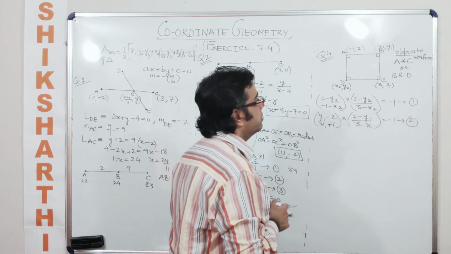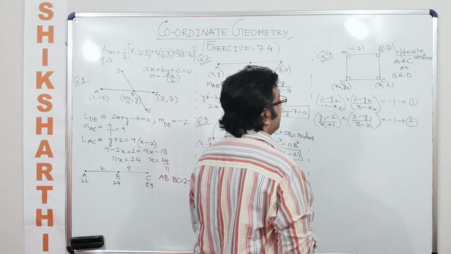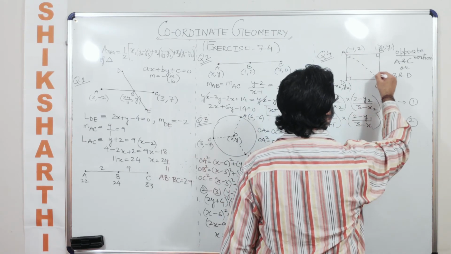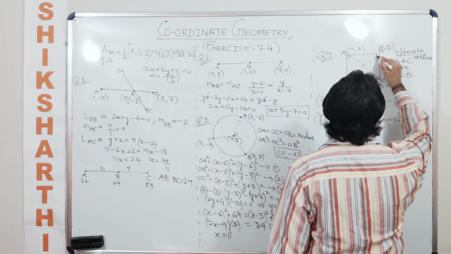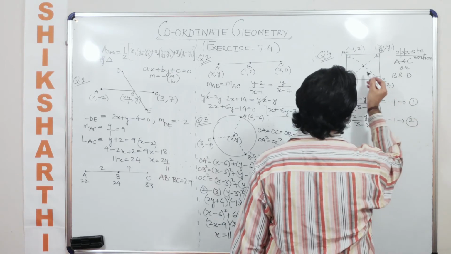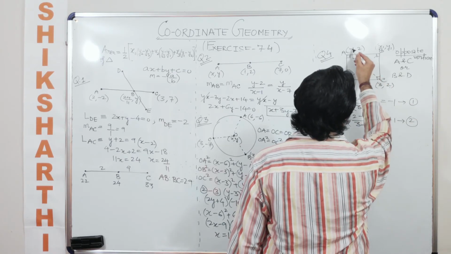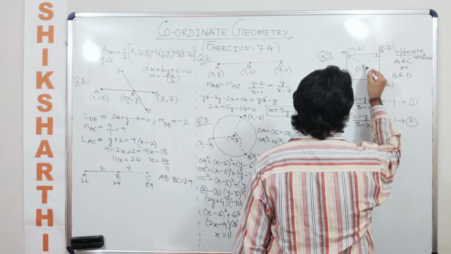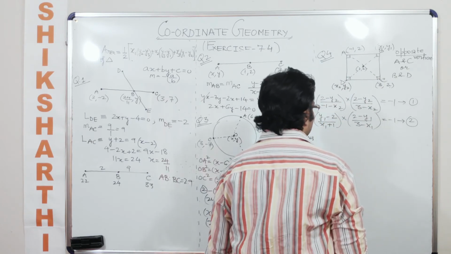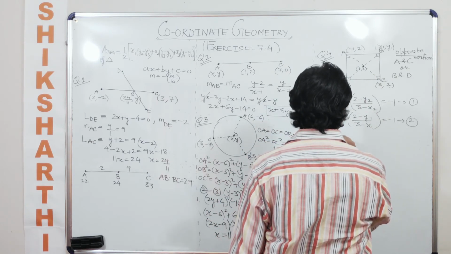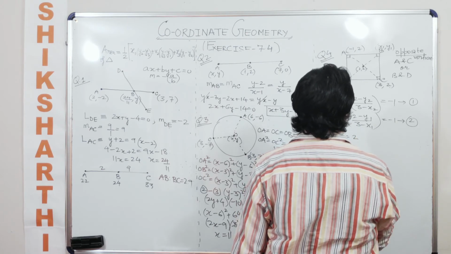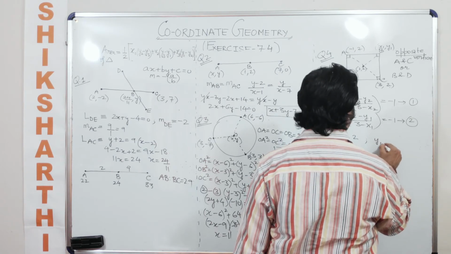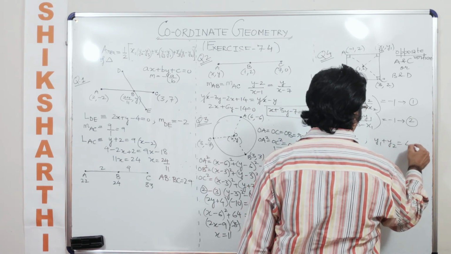But what is this going to result into? So you require many more equations like these. For that you are supposed to use all the properties. Now what is the property other than this that you can use here? We know that the diagonals bisect each other. So this bisection point you will get as (3 minus 1, which is 2, divided by 2, which is 1) and (2 plus 2, which is 4). So you get this as this. So from here you will be able to say that x1 plus x2 is equal to 2, right? And along with this you will be able to say that y1 plus y2 is equal to 4.